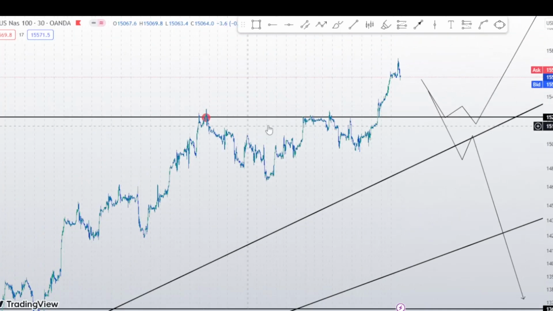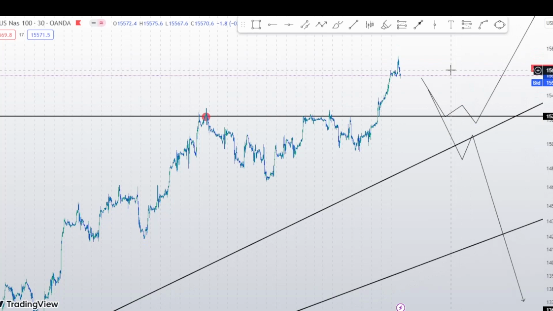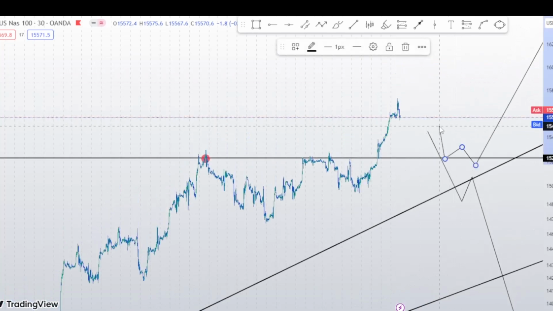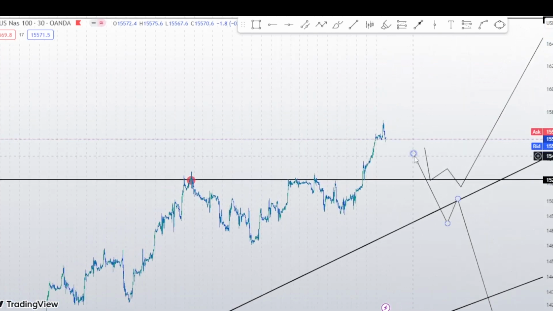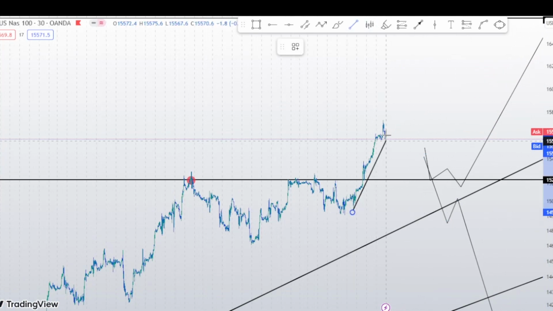look at these levels. This is still the level here where the market can reverse. And if the market is reversing here, what do we have here? Because the Nasdaq, they give out many points. We can conclude that okay, we have another trend line here,